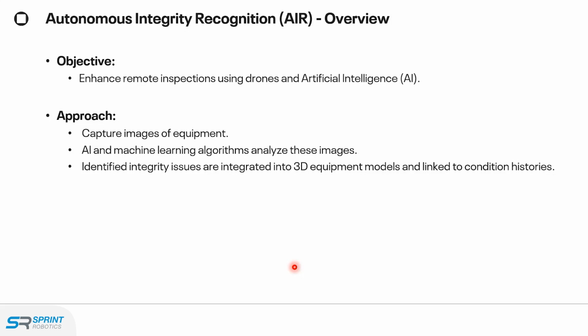And how can we do that? We're going to capture images of the equipment. So you fly a drone in a pattern, and that drone will take pictures. The AI and the machine learning will analyze those images and identify degradation within them. It can be mechanical damage, it can be corrosion, it can be coating, right? But it's external. It's a screening, so you will only identify things that are visible from a drone perspective. Don't expect identification of internal degradation or a crack, unless the crack is huge, but then we identify it.